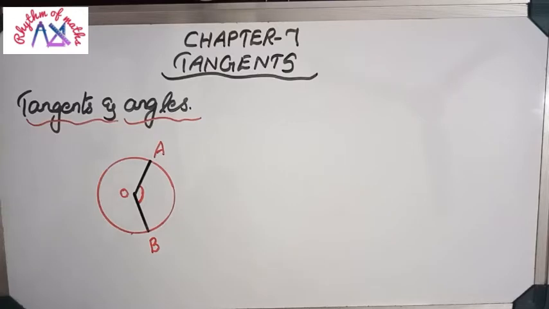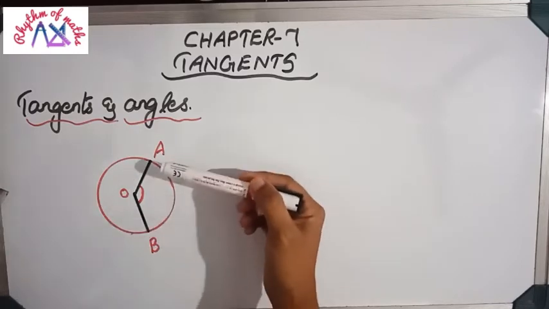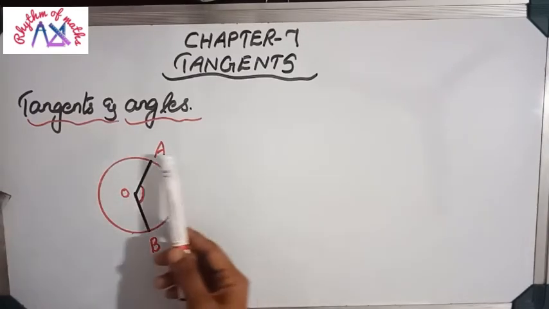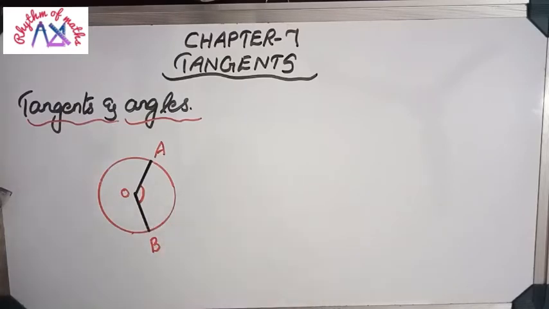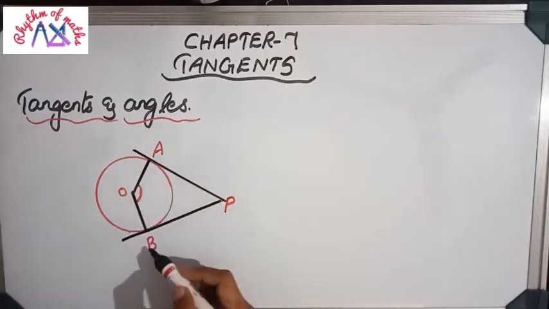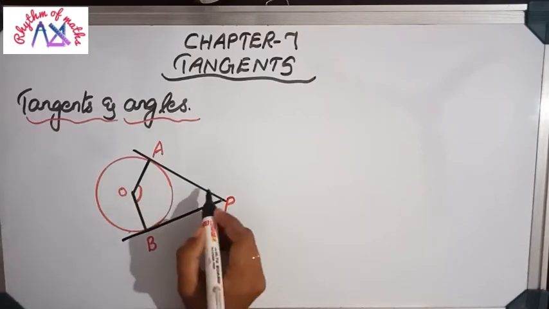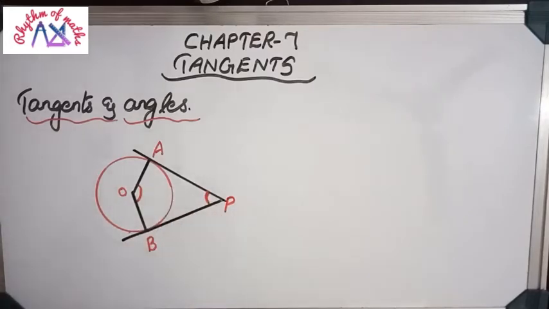This angle and the tangent through these 2 points. Angle between the tangent through these 2 points. That means through the point A one tangent, through the point B one tangent, like this. So here PA and PB are the two tangents through the point A and B. So here also an angle is there, angle between these two tangents, this one.